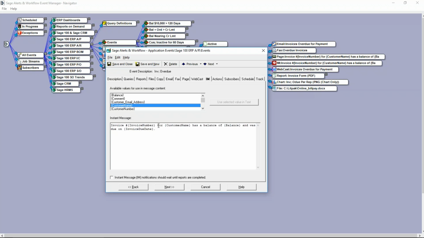Looking at this alert message, what I don't see is the date of the original invoice. So let's add that here as a field. So we'll say dated. Let's find our invoice date field. There it is. Choose it, drop it in there. And as easy as that, you can create or customize your alert messages.